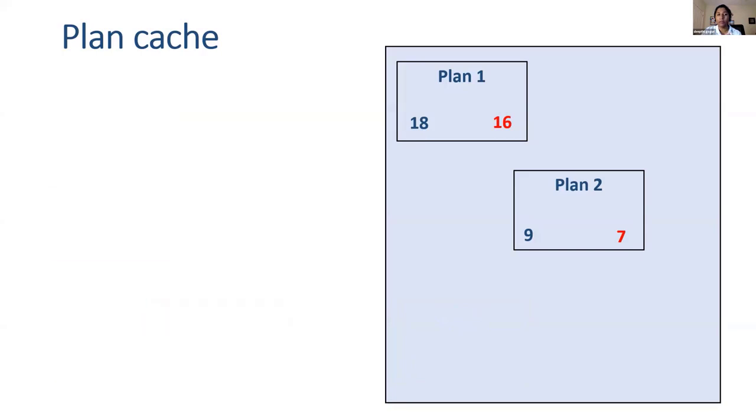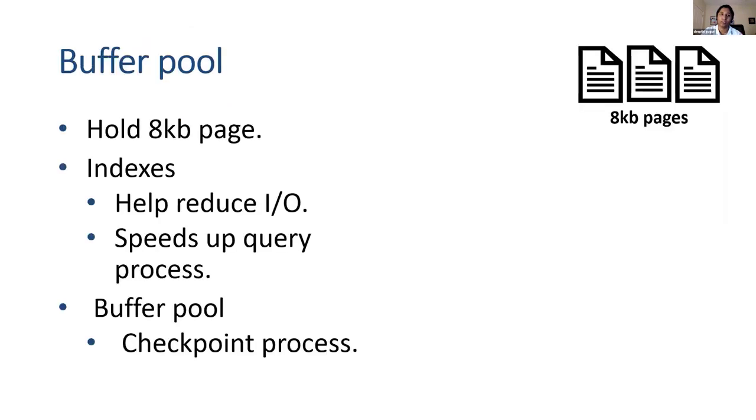Next, in a minute, the lazy writer will kick back in again to see if there is any execution plan being used. In my example, here the execution plan 2 will be used now. So what will happen? Lazy writer will go ahead and change that complexity countdown value from 7 back to its original value, which is 9. That's how the plan cache works.